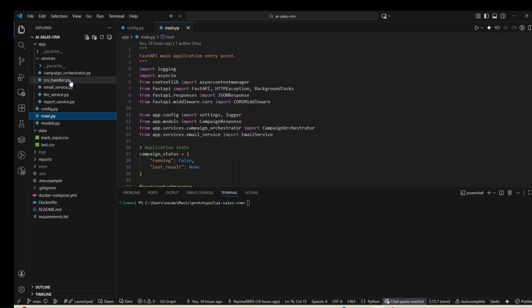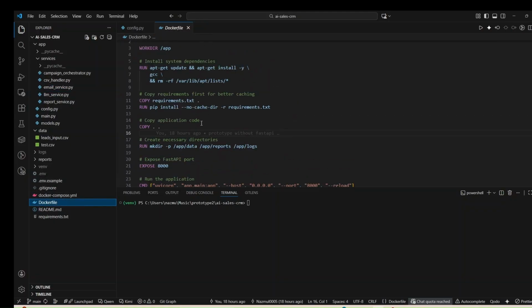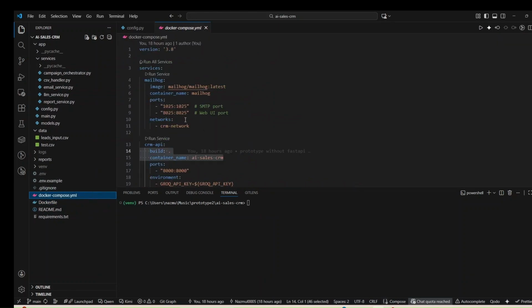Then there is the email service. For the email service, I use MailHog to intercept and display emails locally, so I don't spam real people during testing. For the LLM integration, I am using Grok, which gives me incredibly fast inference speed for real-time processing, and I configured all of this in the Docker Compose file.